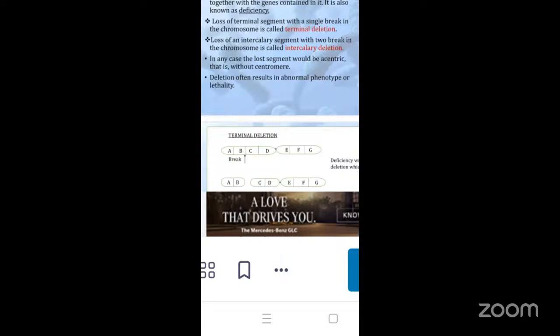Next one is based on the direction: two types, forward mutation and reverse mutation. Forward mutation is any change from the wild type into the mutant allele; reverse mutation is a change from the mutant allele back to the wild type. Based on the site, there are nuclear mutation and cytoplasmic mutation. Based on tissues, germinal mutations: the gene is altered in the germ cells, because the germ cells give rise